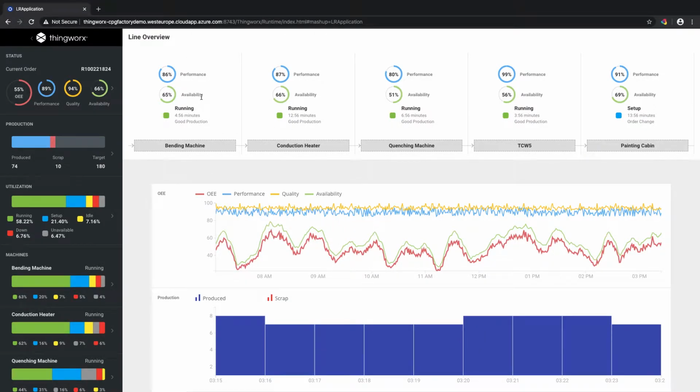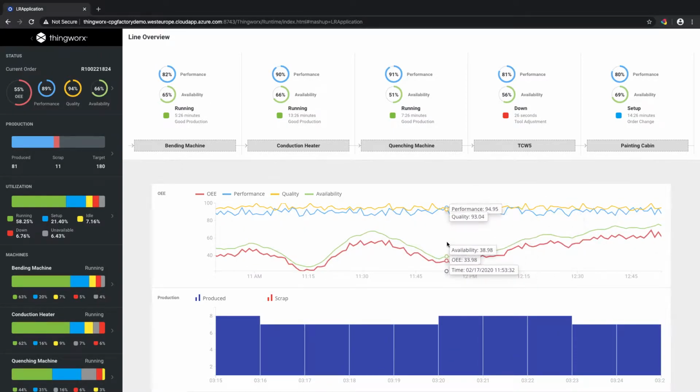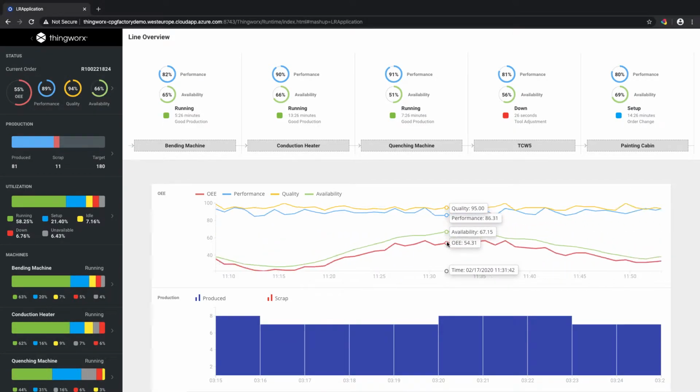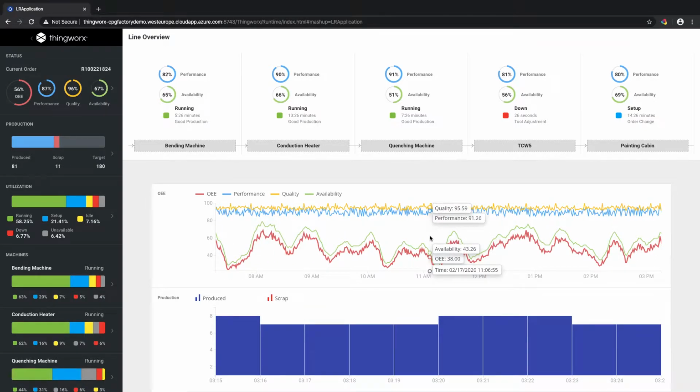So from here, starting at the status, the overall current order, we see we've got different machines, line overview, giving us some of the various values from the different machines. And then we've got this more detailed, nice dynamic trend where we can look at the different KPIs. We can zoom in, for example, and if I right click, I can actually use my mouse wheel as well. I'm even pinching to zoom on my trackpad and it's zooming in, zooming out. But I can also right click to